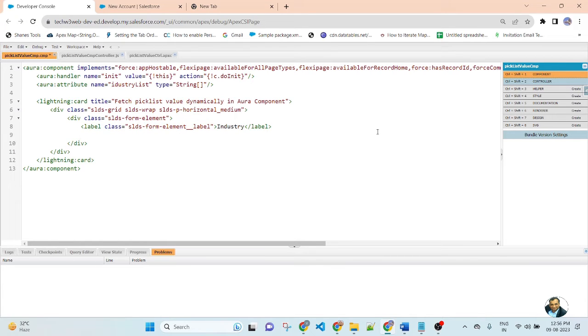Here I will create a select option field. Div class equal to SLDS form element underscore controller.